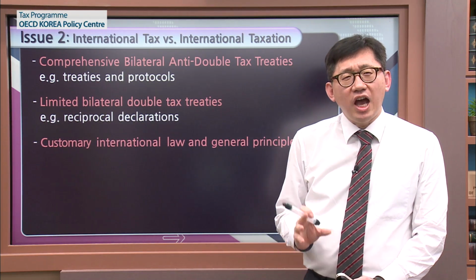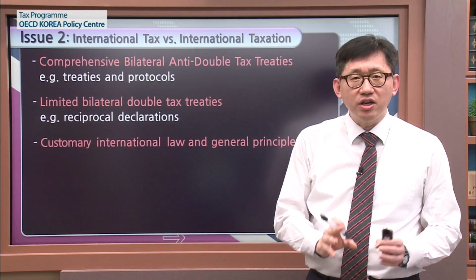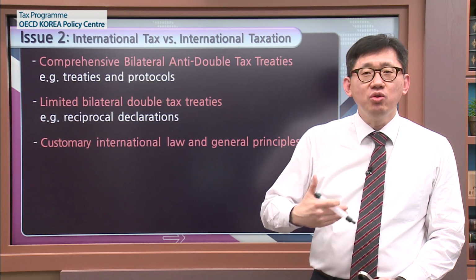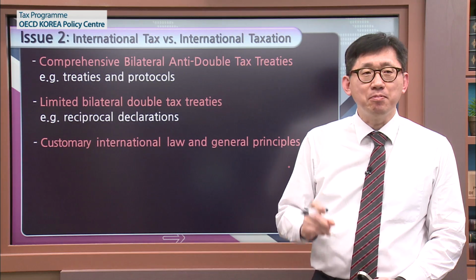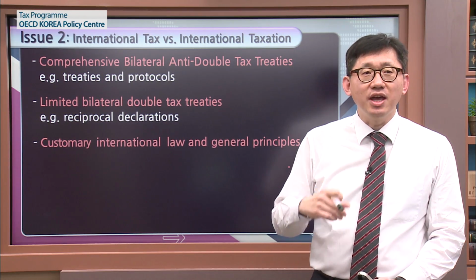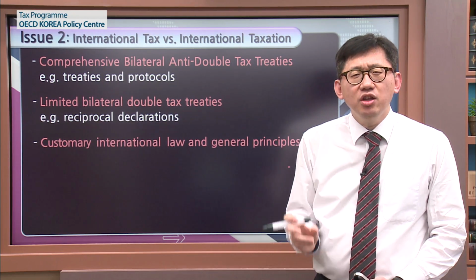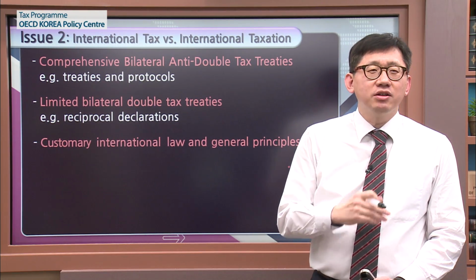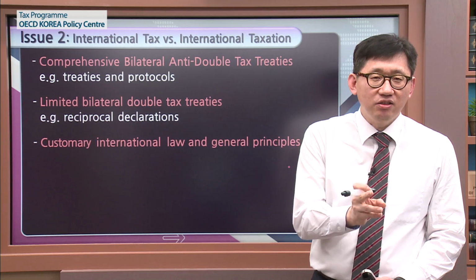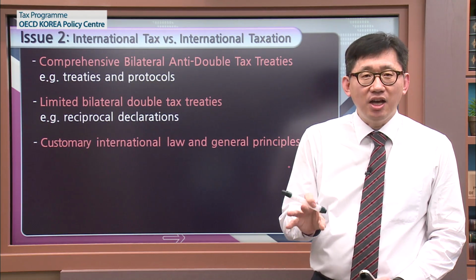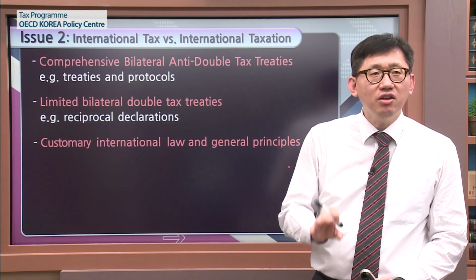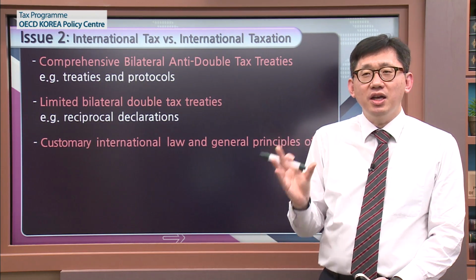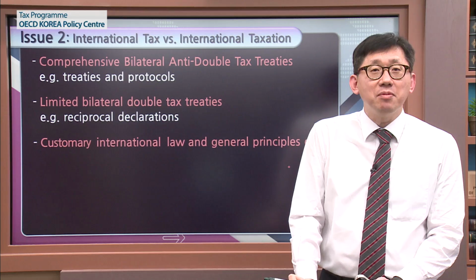It is an argument among scholars whether there is a tax regime or not. But now there is a new tax regime such as BEPS, base erosion and profit shifting. It is a newly launched tax regime. So whether you take the positive view or the negative view, right now there is an international tax regime. So we have to know what kind of tax regime OECD BEPS is about.